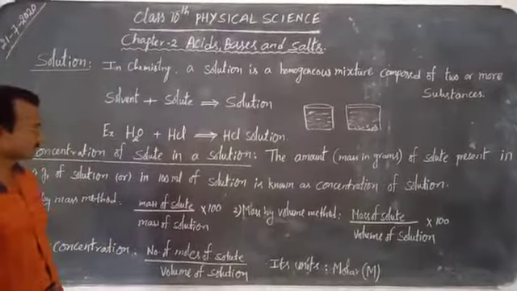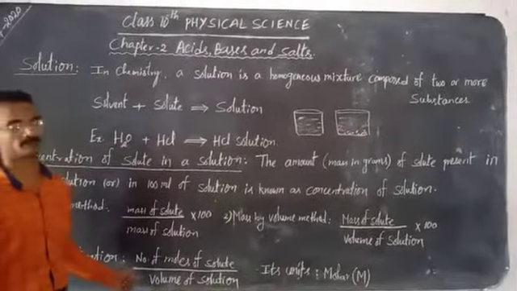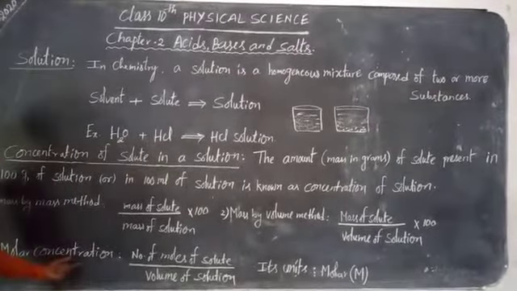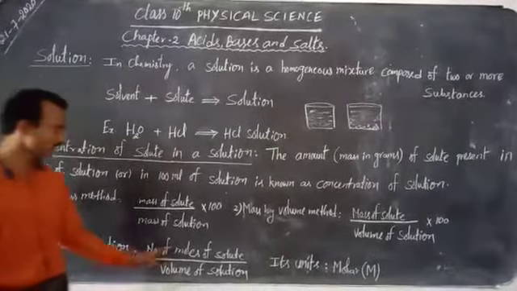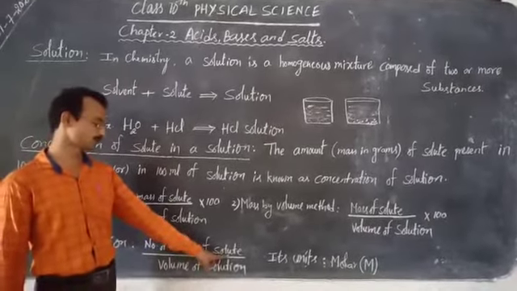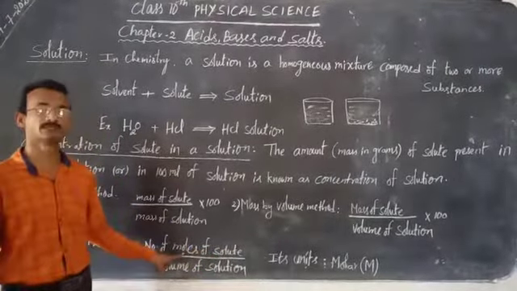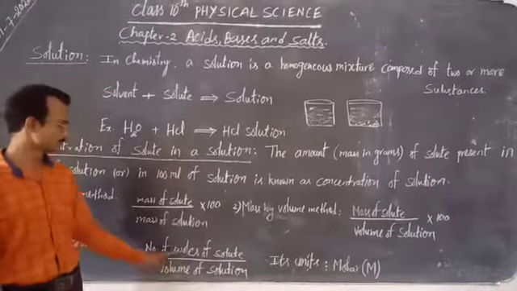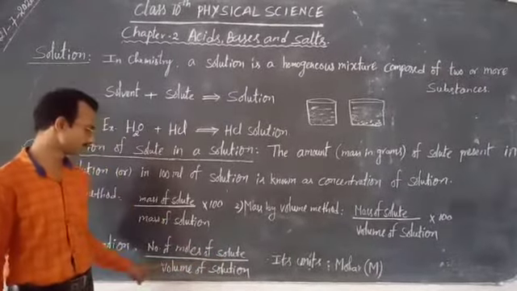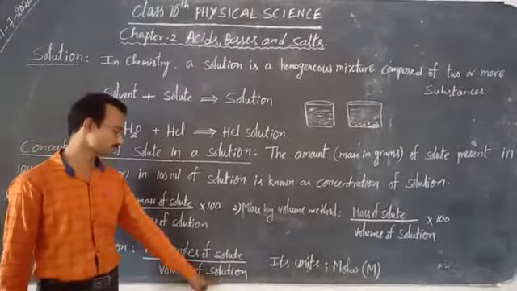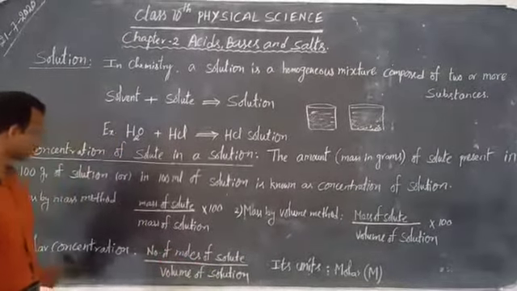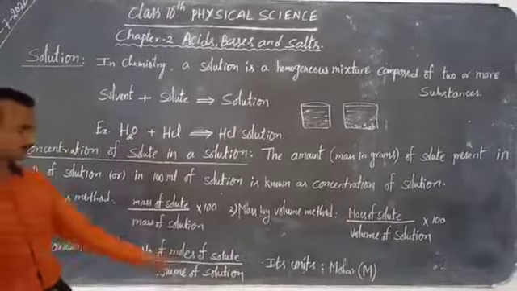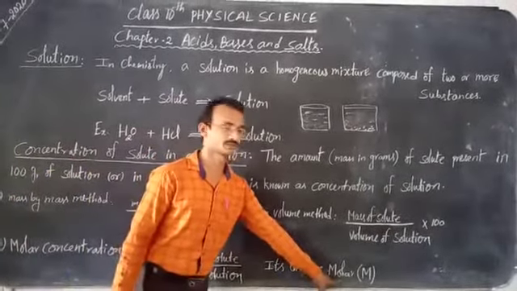In 10th class, you will not learn these formulas, but in intermediate you will learn about molar concentration, another method to find the concentration of a solution. Here it is the number of moles of solute. We measure solute in terms of moles. In 9th class we learned about moles, how to calculate moles of a substance. Number of moles of solute by volume of solution is the formula to find the concentration of a solution. The concentration of a solution is measured in terms of molar concentration or moles.